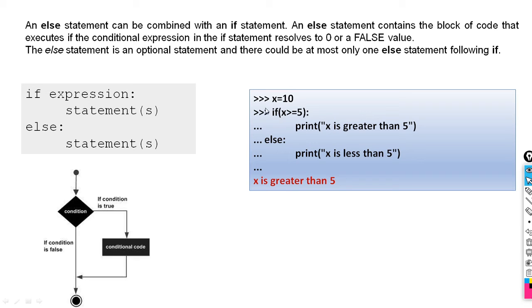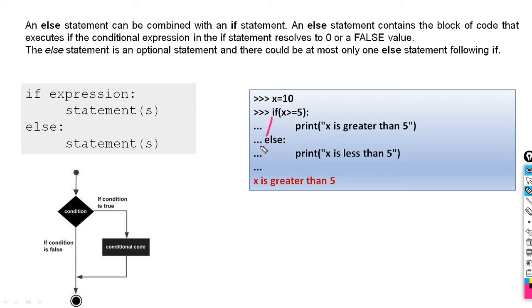So what would happen here? If we have x is equal to 10, same thing, x is equal to 10. When we press the enter key, it gives you another Python prompt. If x greater than 5, this is the conditional expression, we should use a colon here. What we want to execute if this condition remains true: print x is greater than 5. Okay, else part of this one, else is present at this position. Look here, it starts from the prompt, else should start from the prompt.